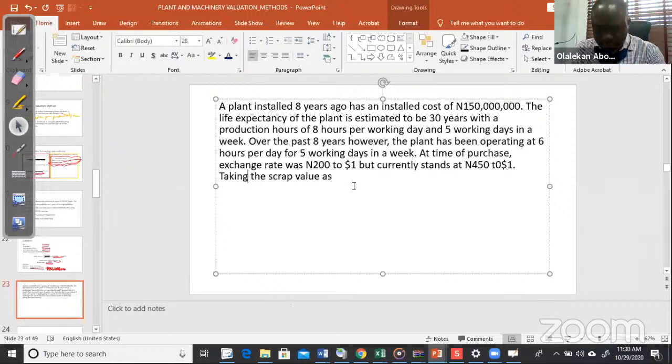Taking scrap value as what percentage? 10%. Yes, 10% of installed cost. Of installed cost. Okay. Determine the accumulated